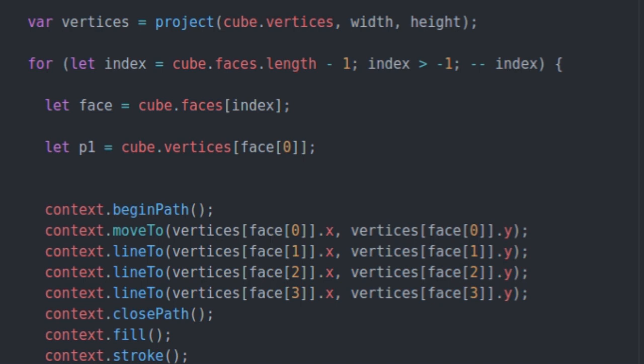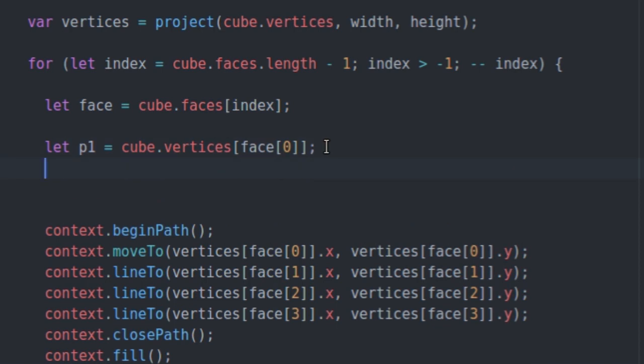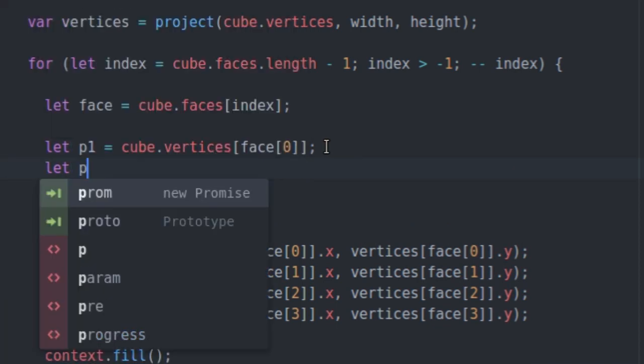So for the sides, they're facing perpendicular directly out to the sides. We wouldn't want to draw those either, because technically the way they're projected, it's going to just be pointing away from us. So anything that's pointing away, we're going to cull. Anything that's pointing towards us, we're going to draw. So to do that, we're going to have to get 3 points from each face. We're going to have to get 2 vectors from those points, but before we get the vectors, let's get the rest of the points. Let P2 equal